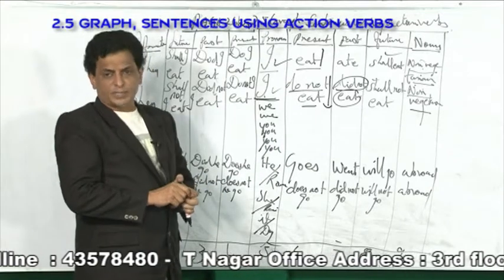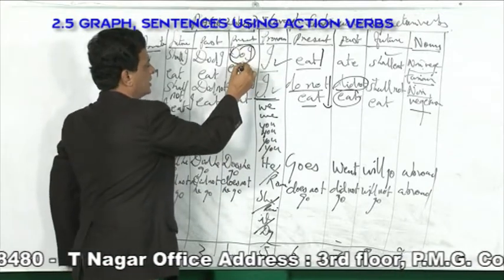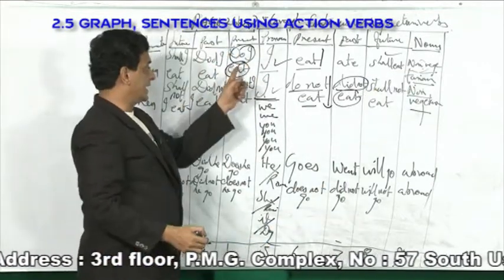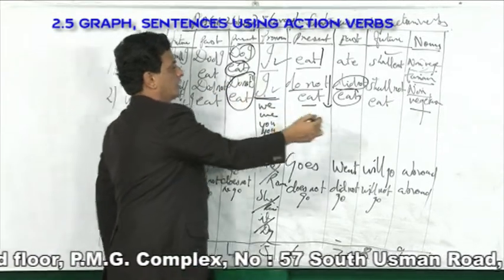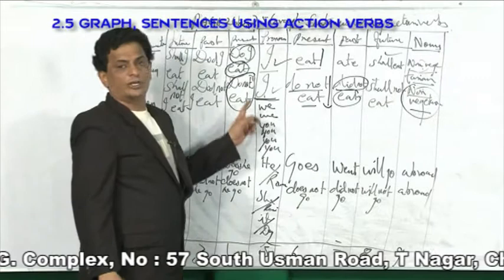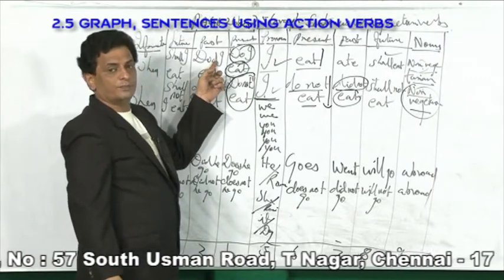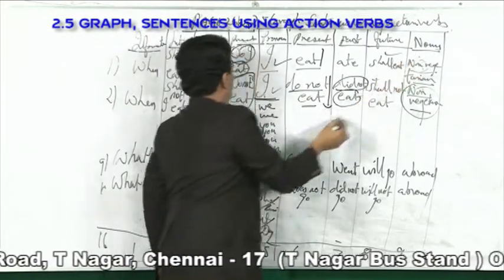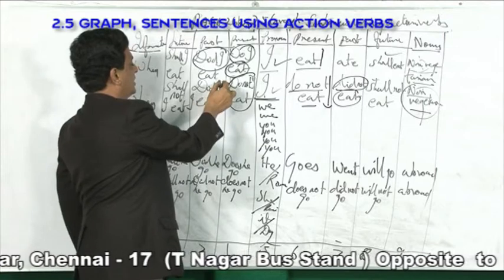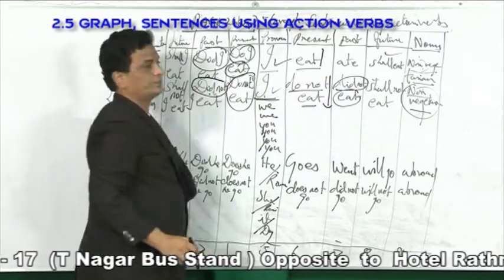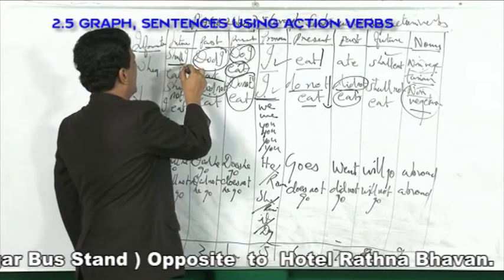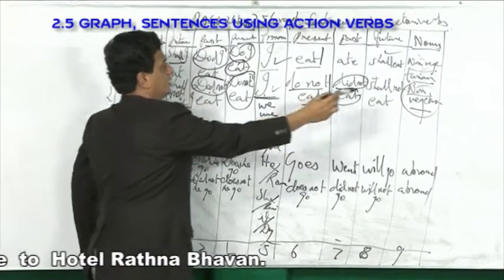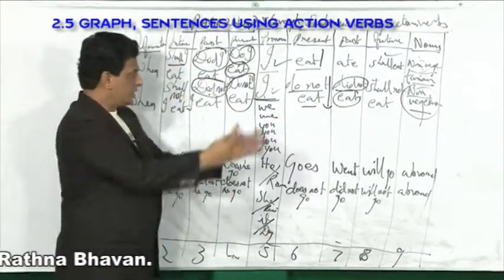And now you are coming to question. Suppose you want to ask a question in the present tense, then you use: do I eat non-vegetarian? The question part for that in negative is: don't I eat non-vegetarian? Suppose you want to go in for a past question: did I eat non-vegetarian? And the negative past question: did not I eat non-vegetarian? In future if you want to ask a question: shall I eat non-vegetarian? And negative future: shall not I eat non-vegetarian? So in this way you are coming to questions.